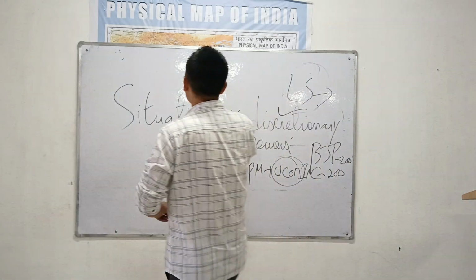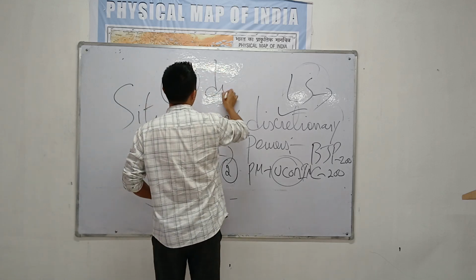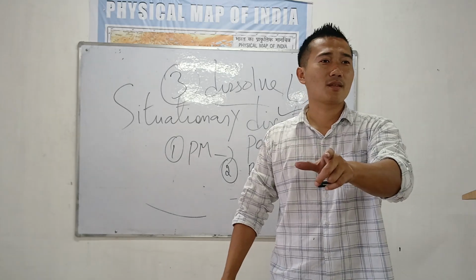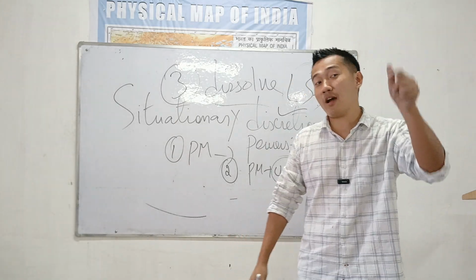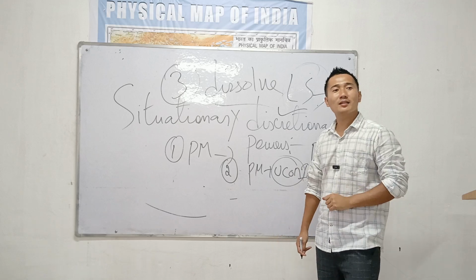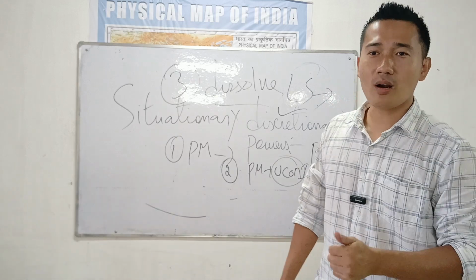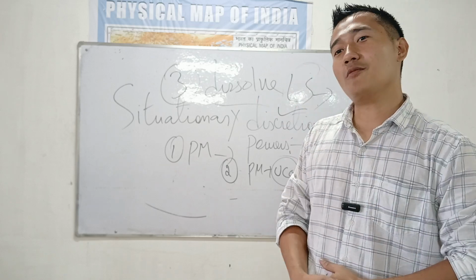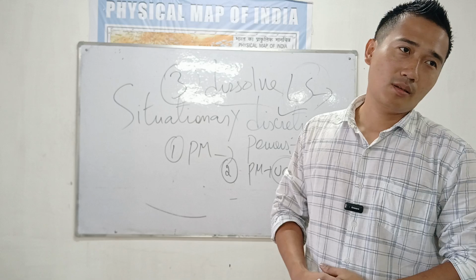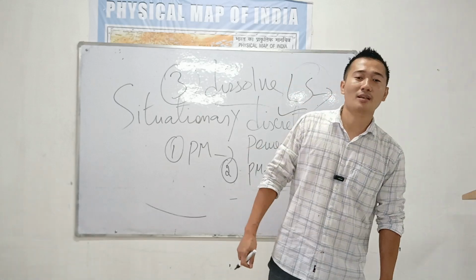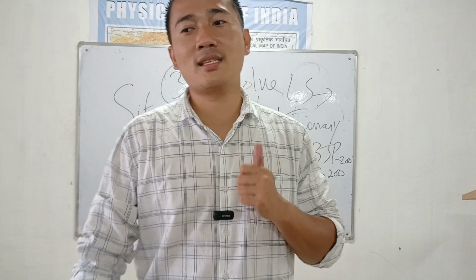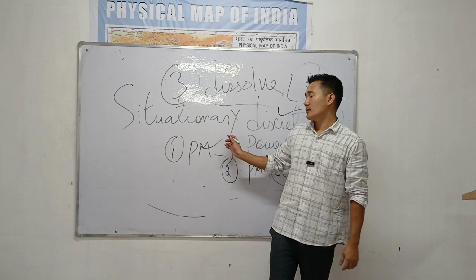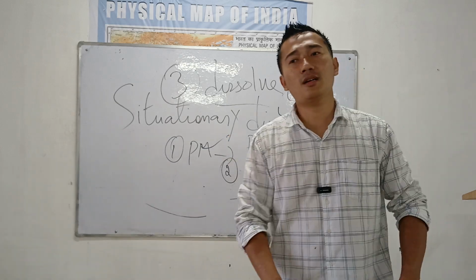And the last one is dissolution of the lower house. There was a question in MPSC: which house can be dissolved before 5 years? It is the Lok Sabha. The Lok Sabha can be dissolved before 5 years if it lost majority in the lower house. Officially, it is the President of India who will dissolve the lower house. That is the absolute power of the President in the situation. But only in exceptional circumstances. This will happen only in certain circumstances. So with this topic, we have ended today: the powers and functions of the Indian President.